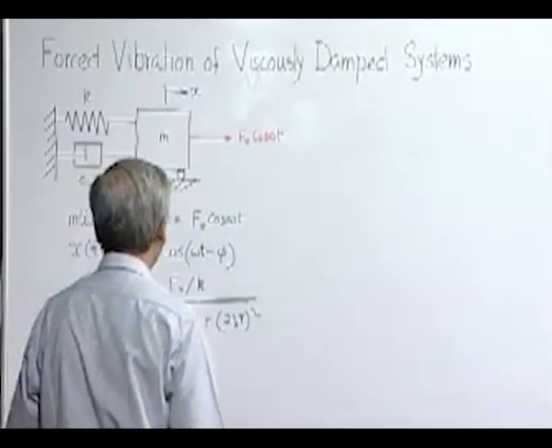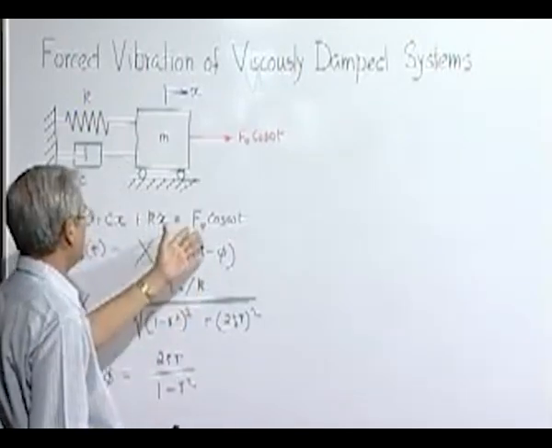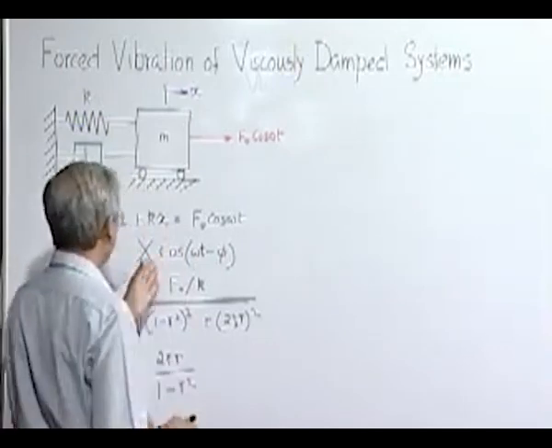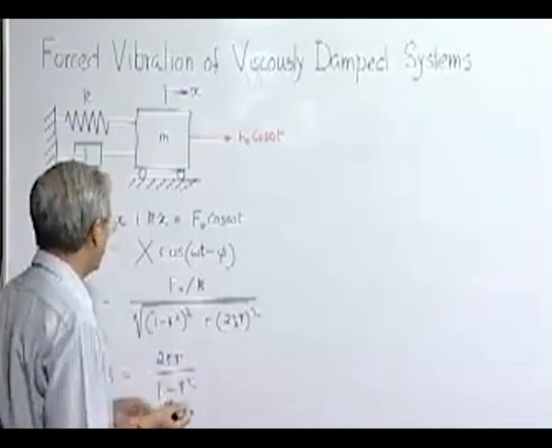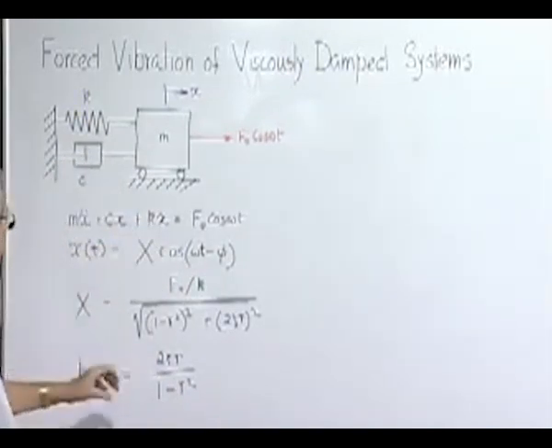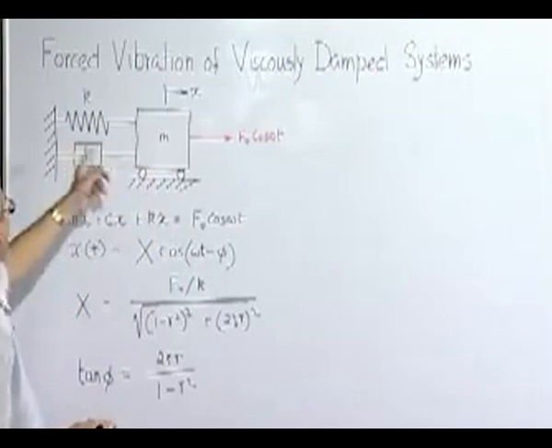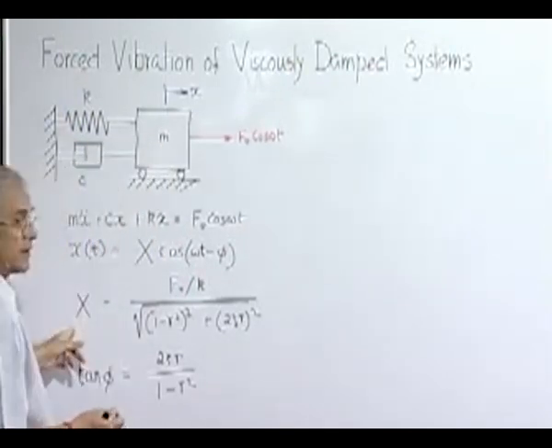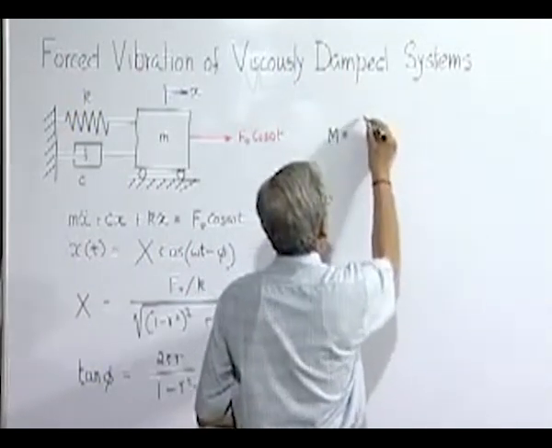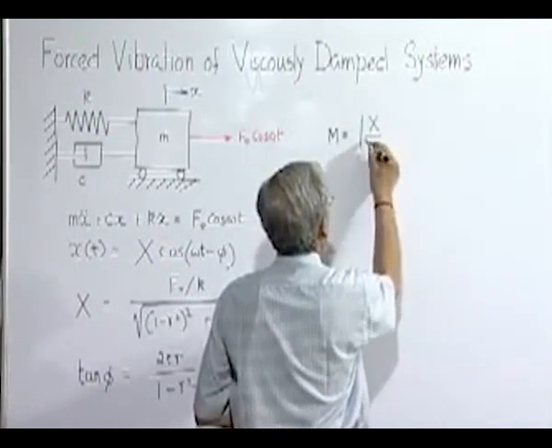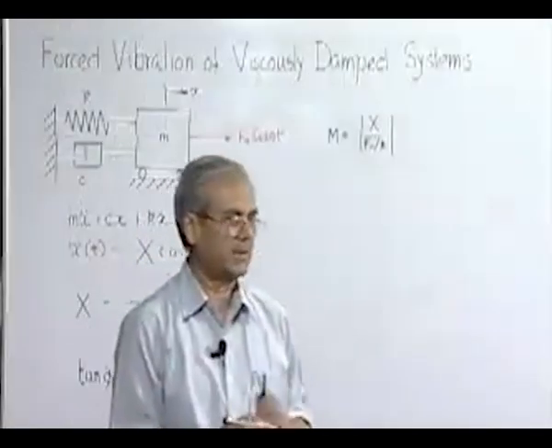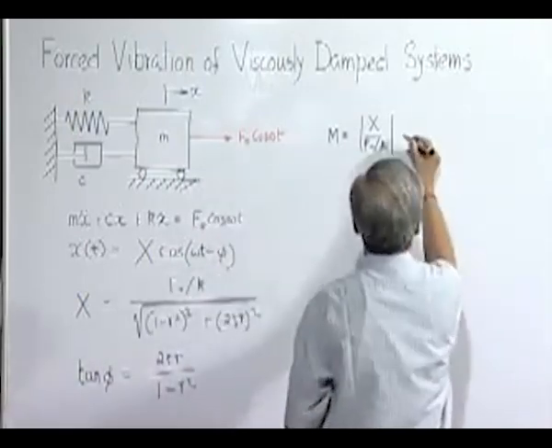then we notice that the static deflection when the same force is applied statically, that is f0 as a constant force, then the deflection of the system will be also a static deflection whose amount will be f0 by k. But when the same force is applied dynamically, the maximum displacement or deformation of the system will be x, and this quantity we have already defined in the undamped situation as the magnification factor, and which will be